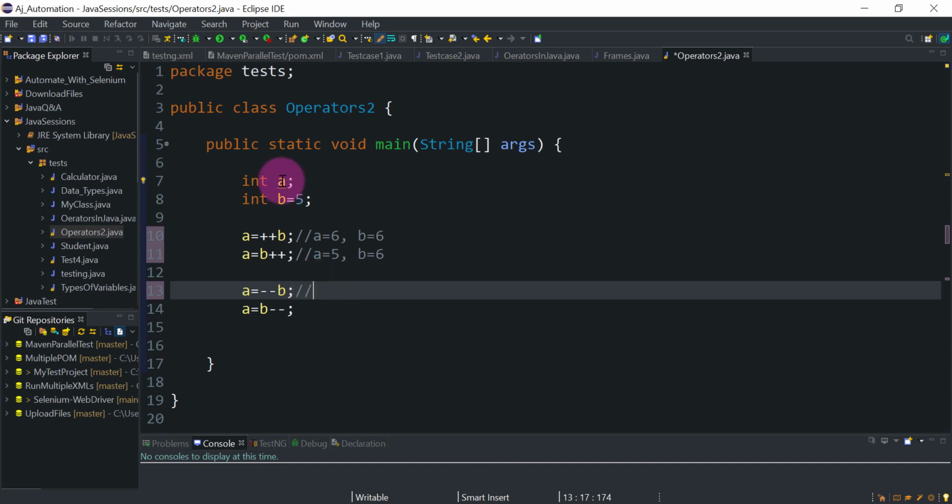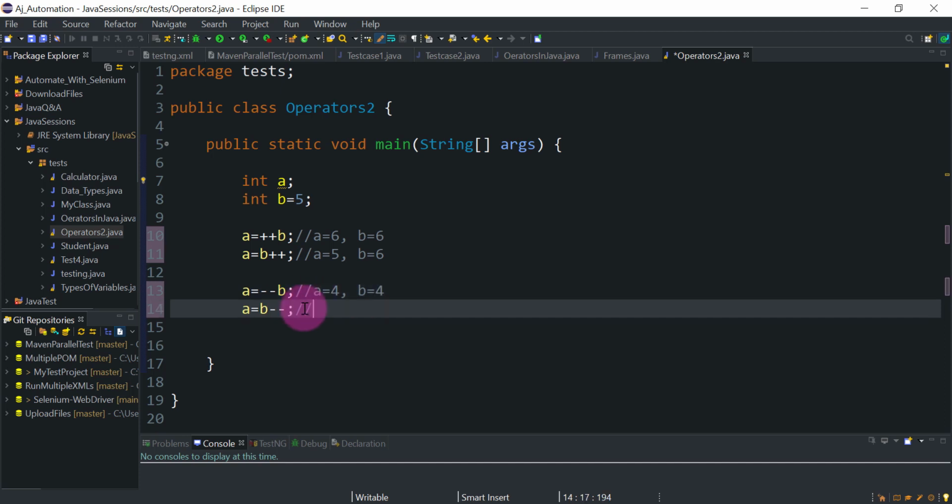So value of b is 5, it will be decremented by 1. That means a equal to 4, and b will also be 4. And for this, the value of b will be assigned first, so a will be equal to 5 and then that value will be decremented, so the value of b will be 4.